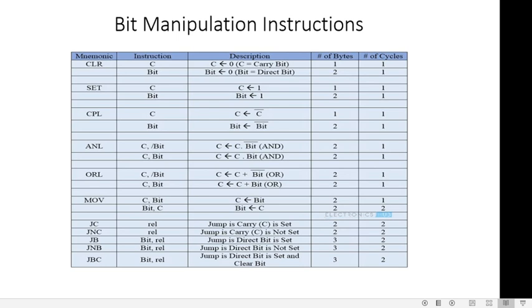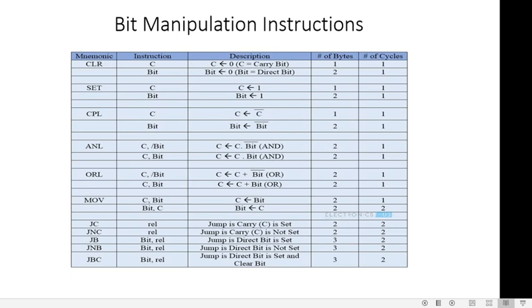Now, when we talk about the logical instructions, ANL or ORL, we can actually perform bit operations. That is bit manipulation operation. C dot bit bar. If I write this AND, it will be AND of C dot bit bar. If C has 0 and bit bar, that is the complement of 0, is 1, so the complement of 1 is 0. 0 AND 0, the answer will be 0, which indicates the output of the ANL instruction.